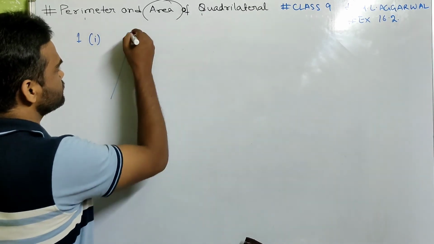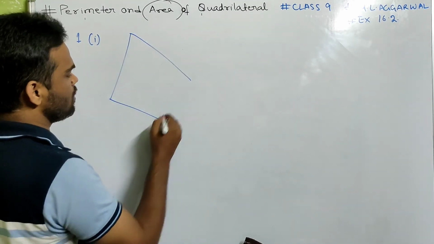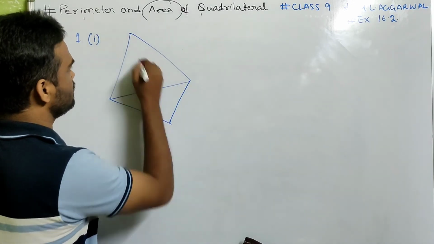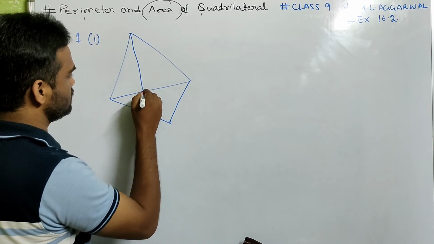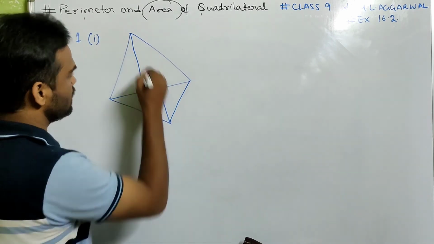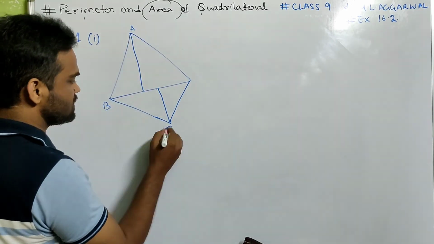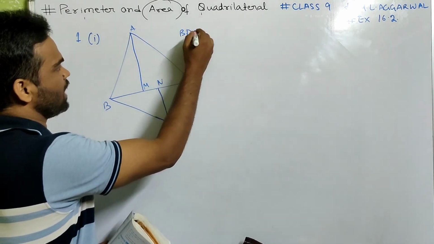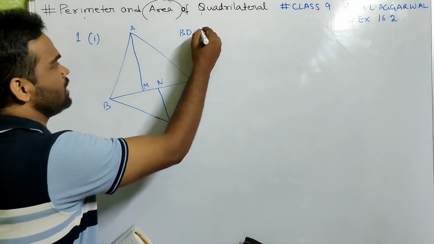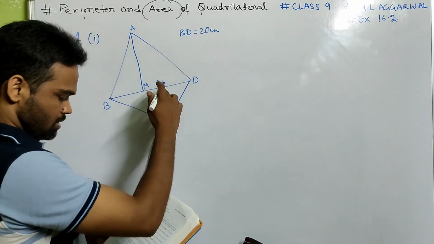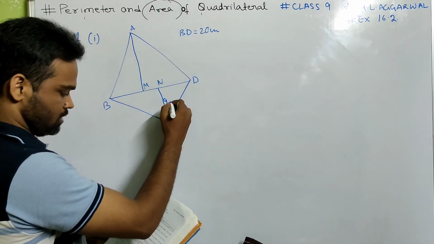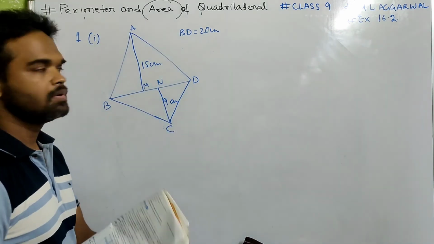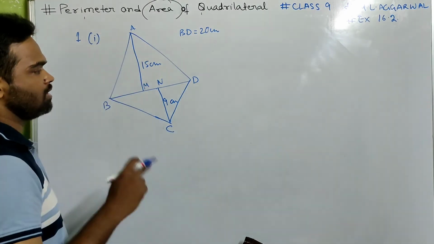I'll first draw a quadrilateral. Suppose this. I'll draw this diagonal and the perpendicular from here is this. A, B, C, D. This is M, this is N. BD is given. One of the diagonals is given to us, 20 centimeter. This is 9 centimeter and this is 15 centimeter. Done. You see, the entire quadrilateral is divided into